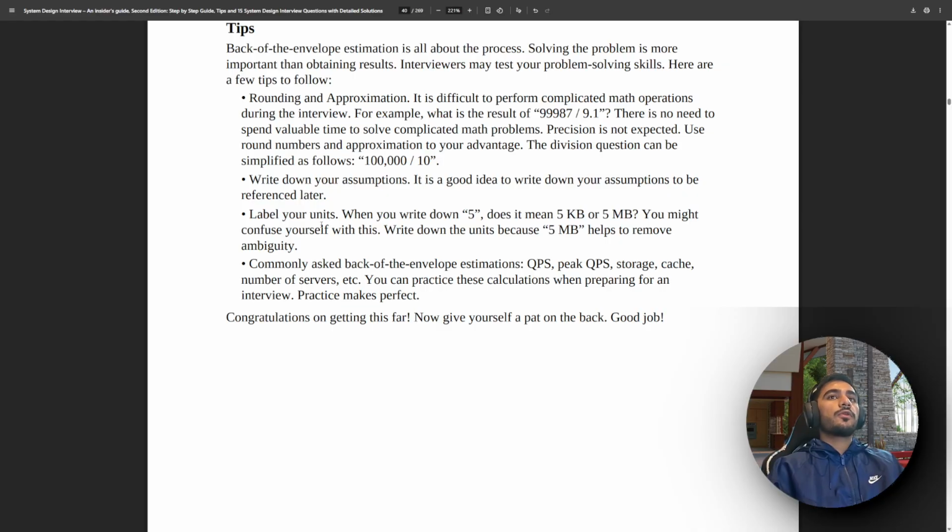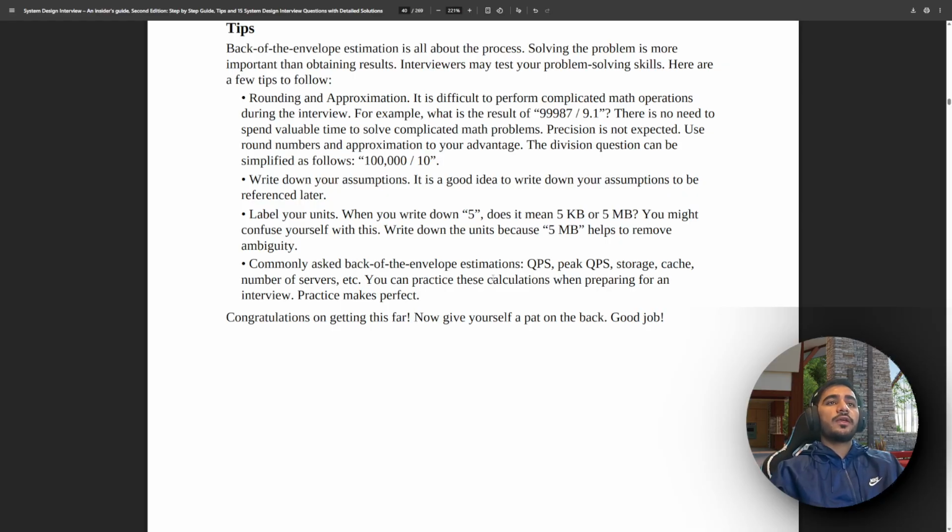That is very important, especially when there are multiple data component bits. How big of a user ID is looking like, how much will be the size of a tweet, how much media are we assuming is going to take, 5 KB, 5 MB. Just don't write 5 and move on, because then your interviewer might see that as sloppy work, because you yourself will go around in circles figuring out, when your derivation maybe goes wrong, what was the unit of this particular thing.